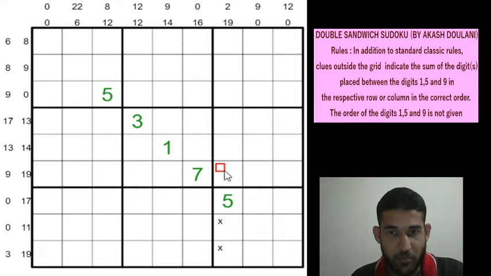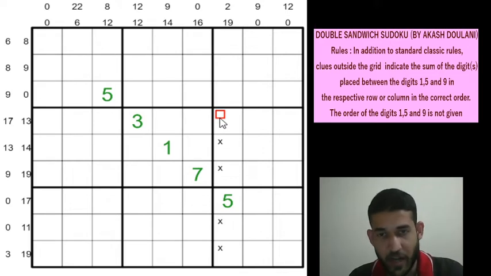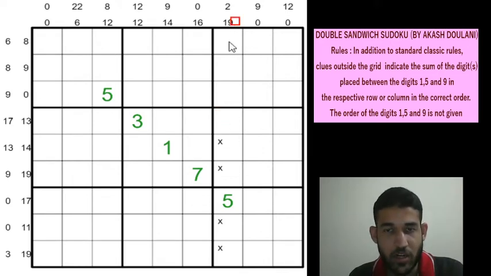Again 1 and 9 is not possible. And here there is no 1 and 9, because if you have a 1 or a 9 here, then you would have to satisfy the 19 total with one cell, which is not possible. Can you have the 1 and 9 here? Again not possible, because the 19 total will need a minimum of 3 cells. So you cannot have a 1 and 9 in row 4 column 7 as well.